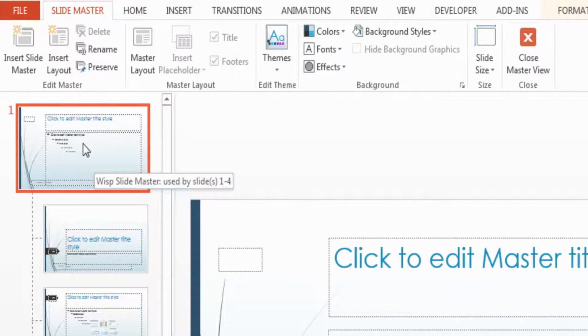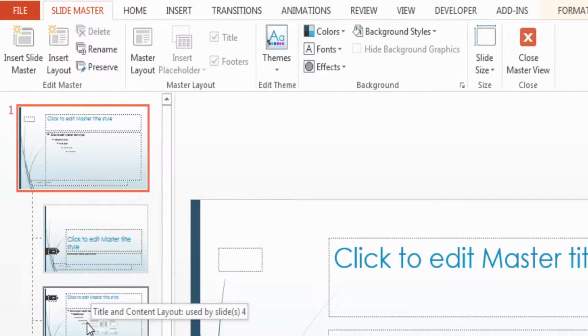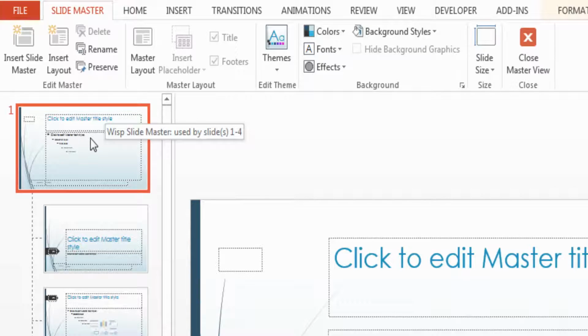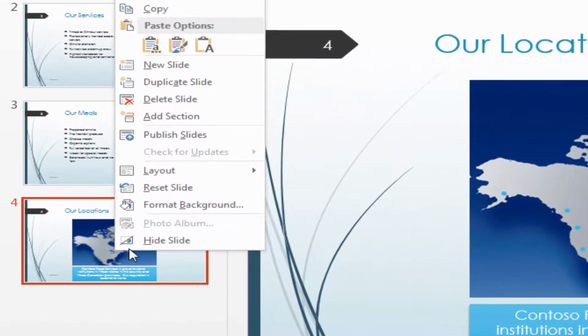So make sure it says, notice the comment there, it says slide master, not the title slide layout master or title and content layout master. It's just the overall slide master right at the top. Okay, and then we'll close. And then we'll insert a new slide, so click on slide 4, and